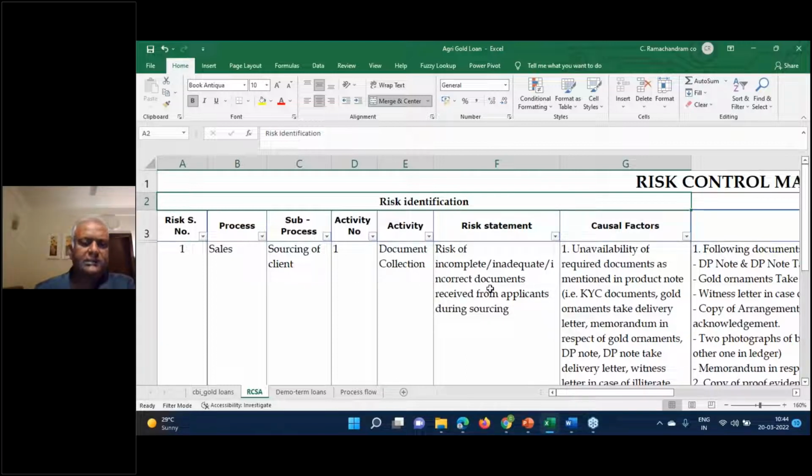Now, the first risk is the risk of incomplete, inadequate, incorrect documentation that can happen. What is risk? The definition of risk is what can go wrong. What can go wrong is that incomplete, inadequate documentation can result. That is one risk. Okay, if that results, how will that risk reflect? The risk will reflect in terms of causal factors like